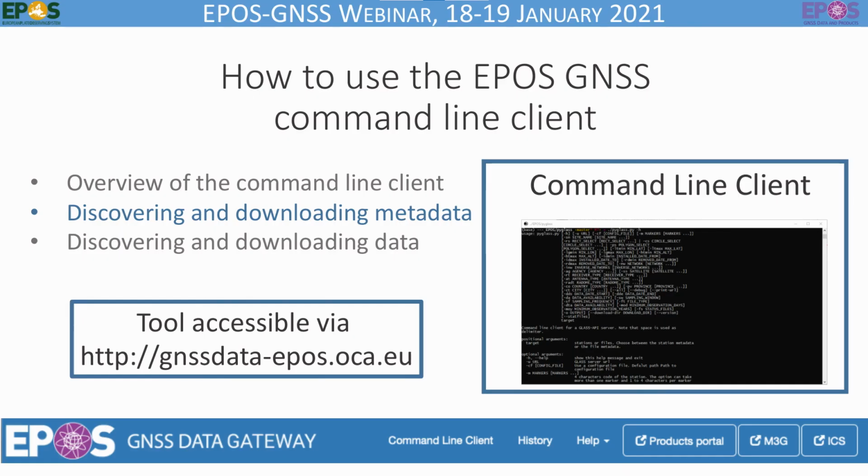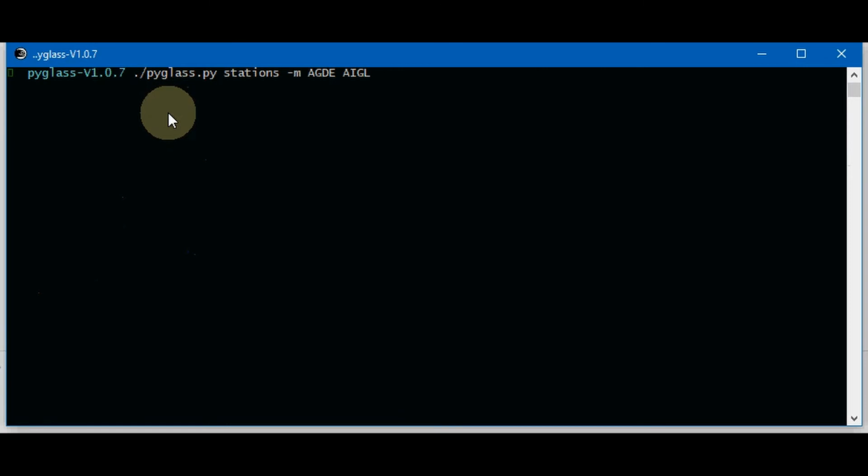Now let's have a look at how we can download the metadata. They can be downloaded as JSON just by redirecting the output of the command to a file, like this example. They can be downloaded as GeoDesiML by using the parameter O GeoDesiML.